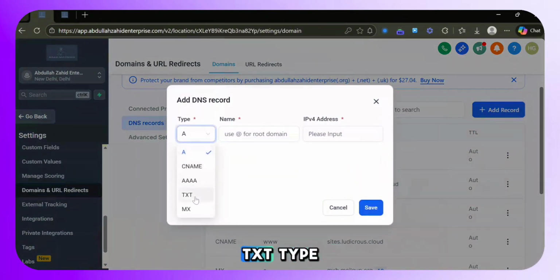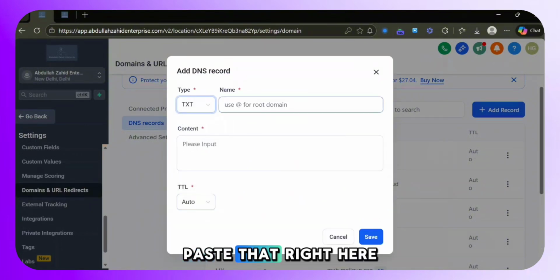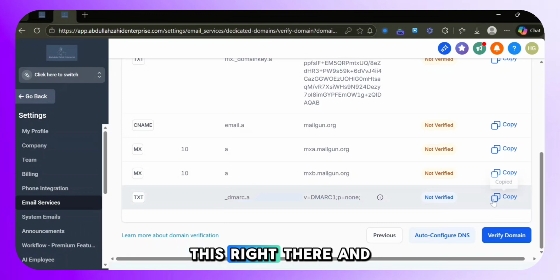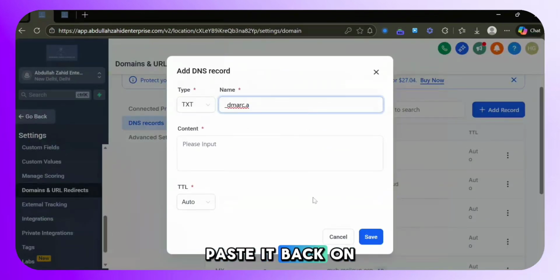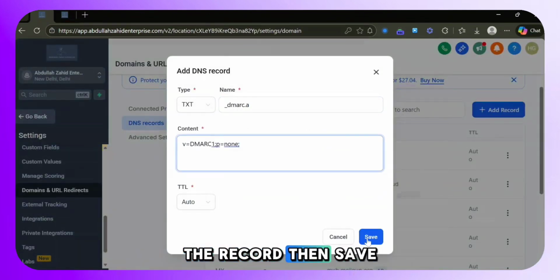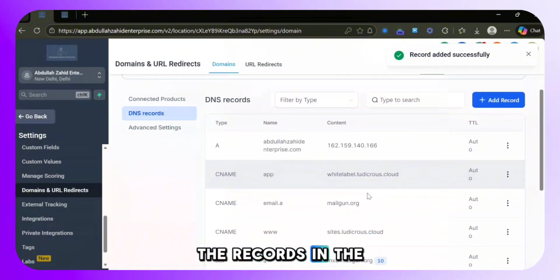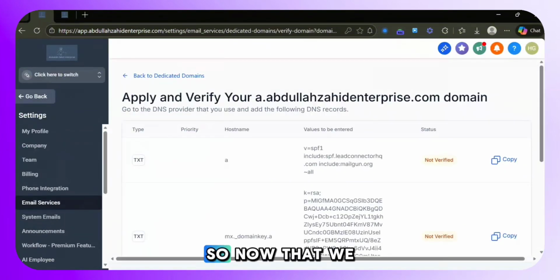It's a TXT type. Paste that right here. Also copy this right there and paste it back on the record. Then save that. So you've added all the records in the DNS. So now that we have all of those set up, we are going to